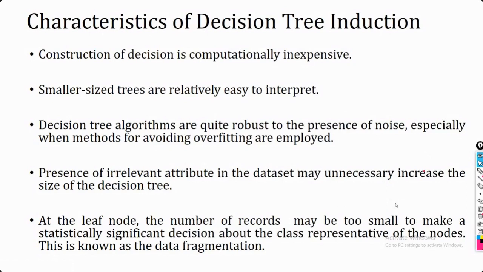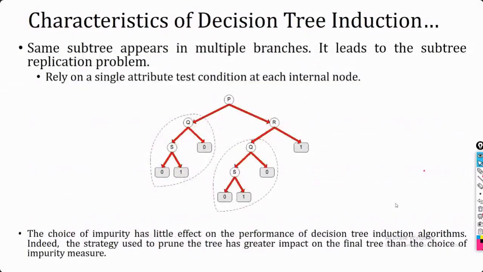Here you can see we are not trying exhaustive combinations. Based upon your selected attribute measures, like your information gain or Gini index or gain ratio, based upon that only we are going to decide what should be the attribute at that particular node. It's not that much complication to express.